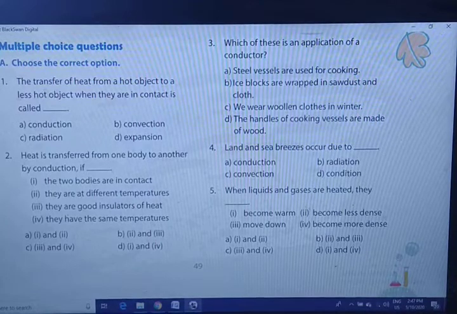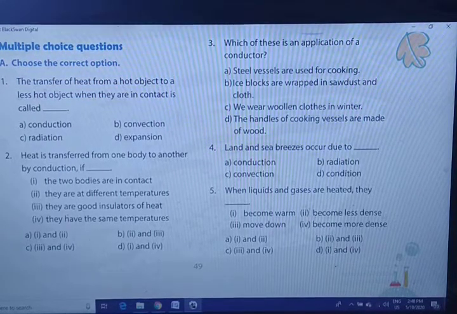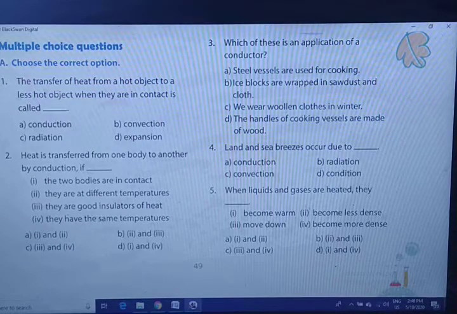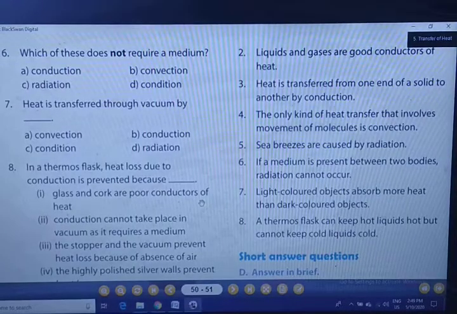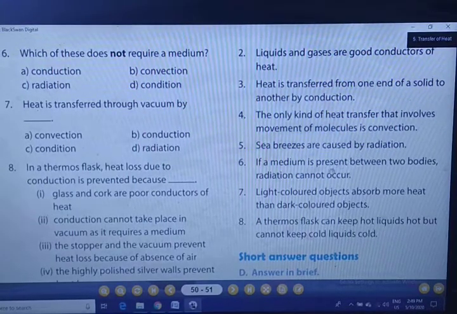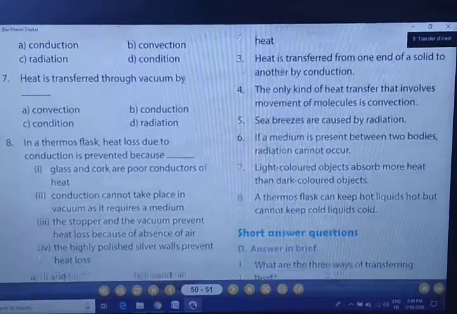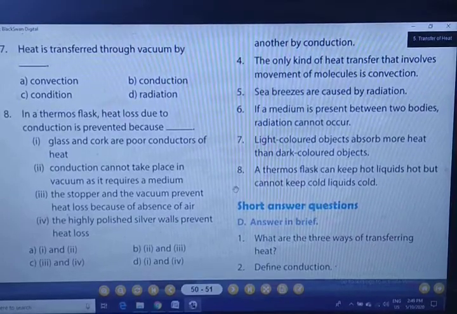You can take a screenshot, right? And after that I will show you the solutions of this whole exercise of MCQs. So first of all, take a screenshot of all these 5 questions. Have you taken it? Now in the next page, 3 more MCQs are given. So let's see the next 3 MCQs. Now you can take the screenshot of these 3 more MCQs, numbers 6, 7, 8. You can see all of you have taken the screenshot. Now the 8th question is left. So here you can see the 8th question. So in this screenshot you can take the 7th and 8th one.